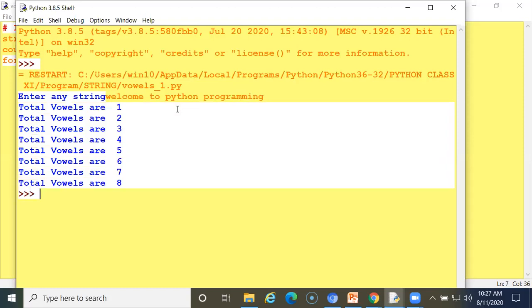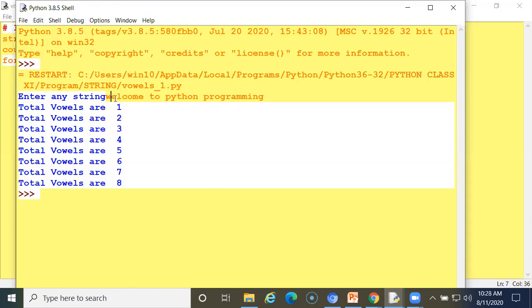See, total vowels are 1. See how many times it is reading. A is 1 time. In the word welcome program, it is 1 time. A will show 1 time and E will show 2 times.